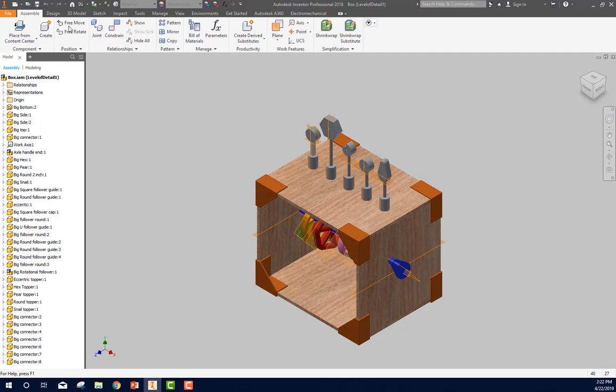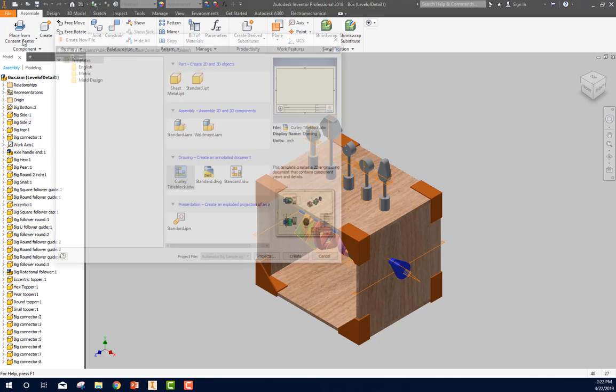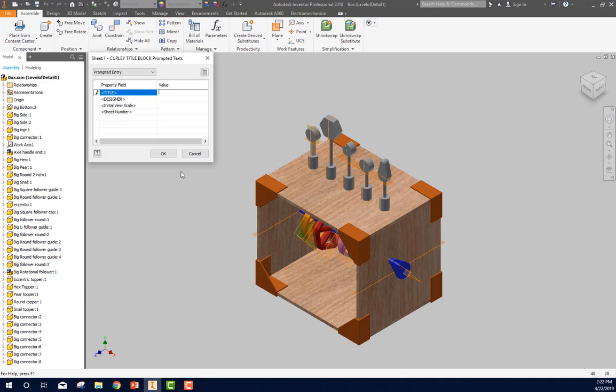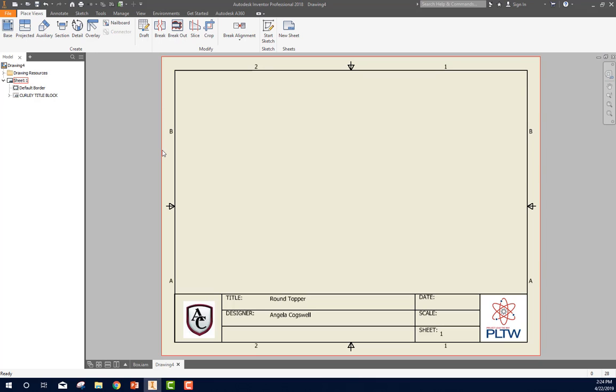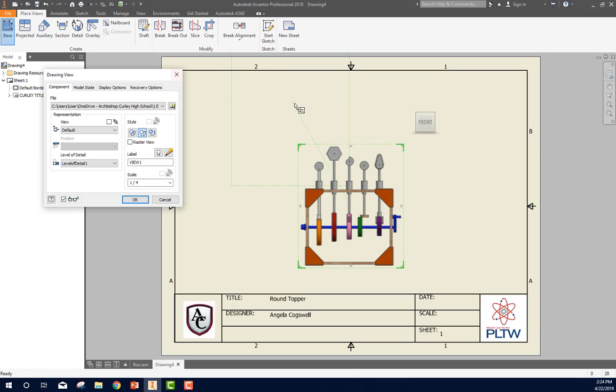So I have my assembly open. I want to start by doing some of the dimension drawings. I'm going to start out doing this follower top right here. So let us open up a new curly title block, and let's fill out this. Okay, so I put in my title, my designer, the sheet number. I don't know what my scale is going to be yet, so I'm going to go ahead and leave that blank. And it's going to open up my curly title block page for me,